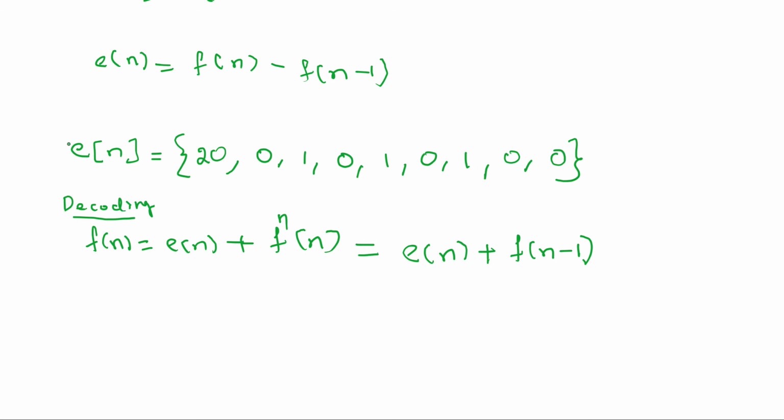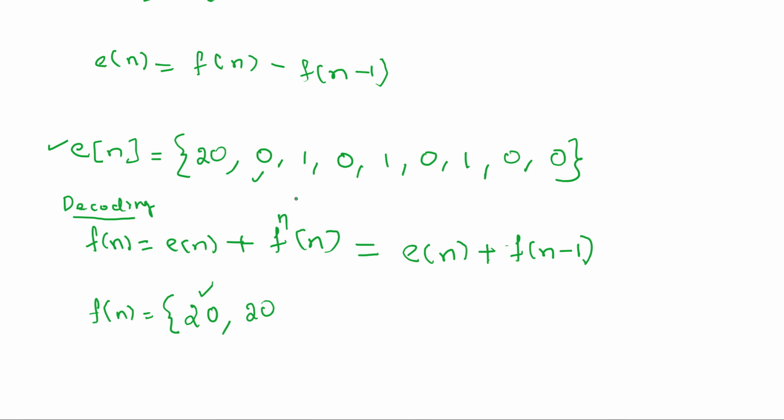Okay, so this is the only signal that we have, that is the error signal E of n. Now we have to find f of n from that. So we are starting the process of finding f of n. First we have E of n, that is 20, then f of n minus 1. We haven't found any value for f of minus 1 as of now. So the first value of f of n will be 20 itself, because f of n minus 1 can be taken as 0. In the next step, we will be taking the E of n at that point and the f of n minus 1, that is the f of n that we found in the previous step. So we'll be adding 20 and 0, so that will be again 20.